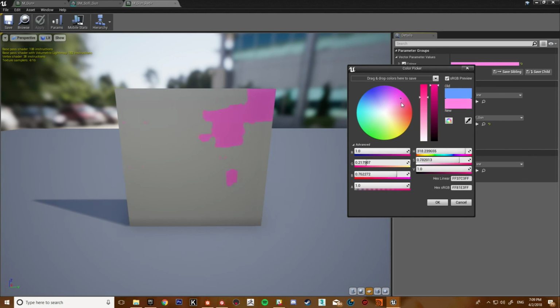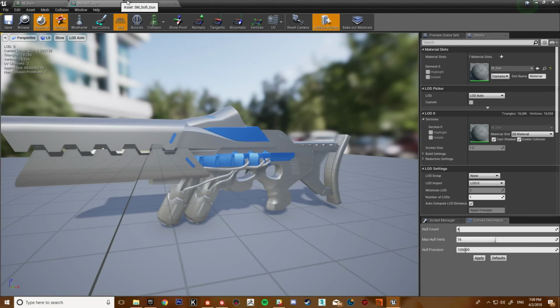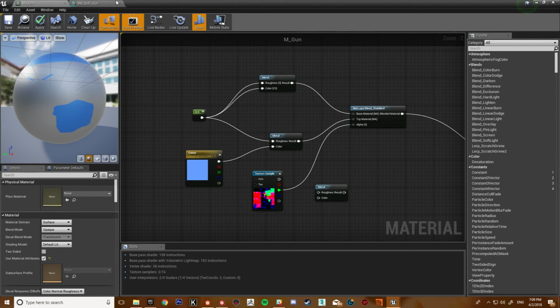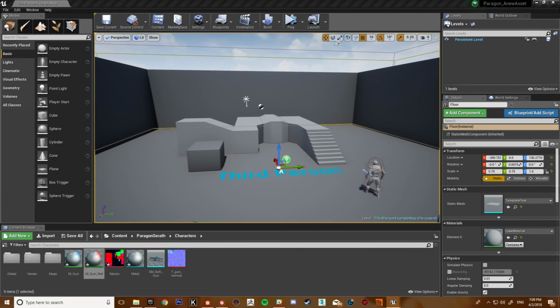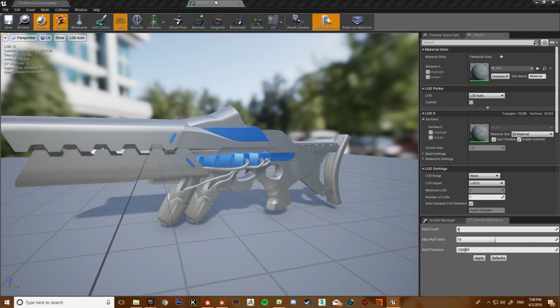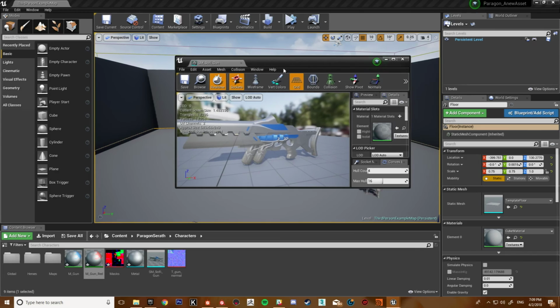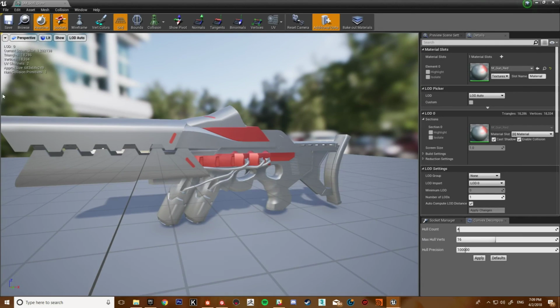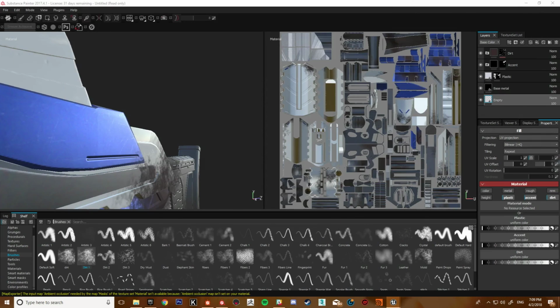Change that to the red that I wanted, so now the enemies have red guns. Because it's an instance, it's already computed, so let's just drag that in, and now we've got a variation. You've got coloured variation.